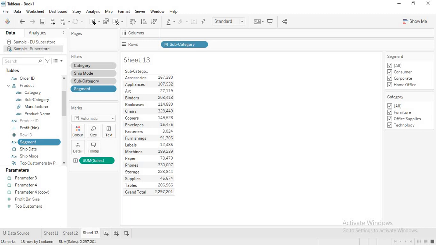So that is why there is an increase in performance, because when I try to change the segments, this is not working on my database directly. Now this is working on my context filters. Whatever query hit the database, the data that I got, this segment is working on that data. So that is why it is not hitting the database. When you use context filters, only the context filters hit the database. Whatever dimension and measure filters are there, they are not hitting the database, but they are hitting the result of these context filters.